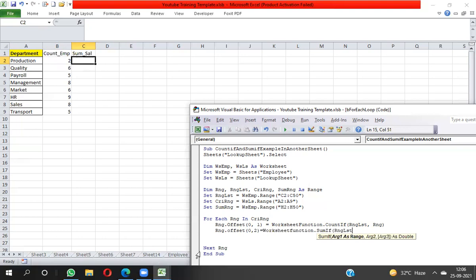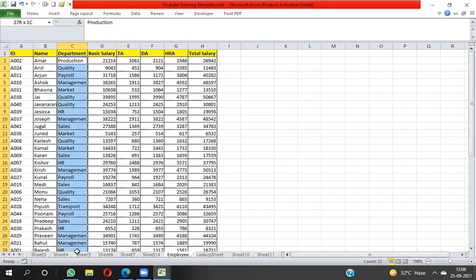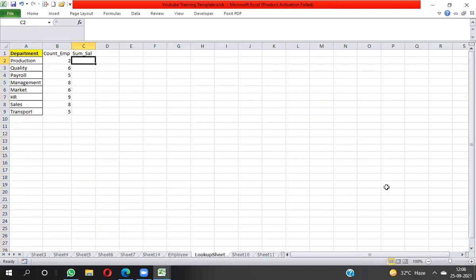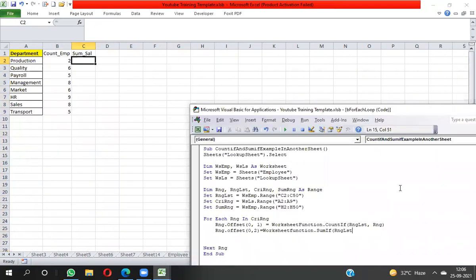Then the criteria will be rng, then sumRng, bracket close. Now you will get the perfect result. I'm running this code. Done, F5, done.